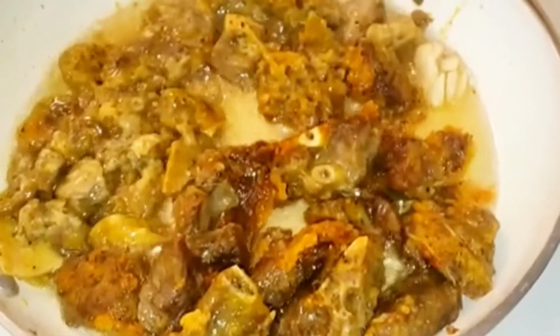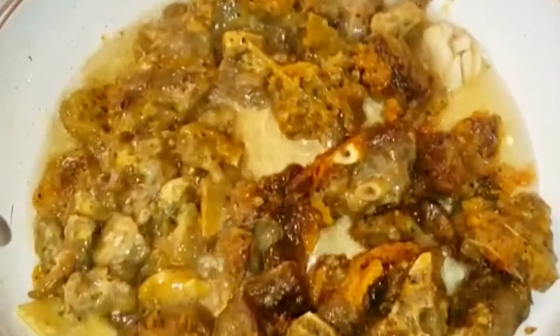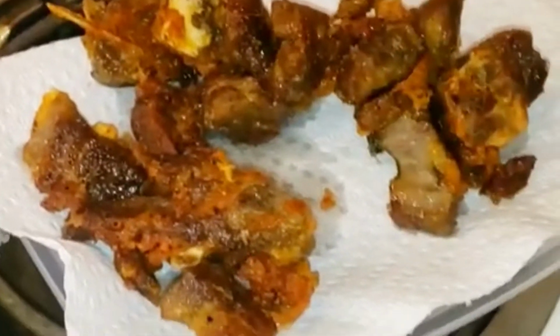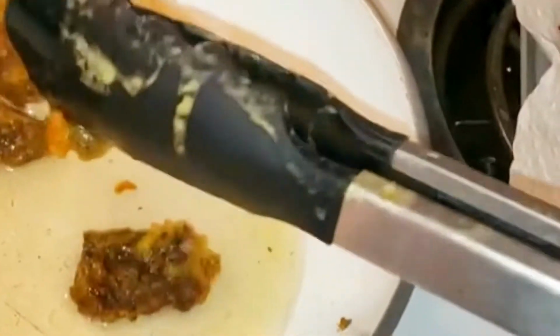Now let's get back to the pot. As you can see, the goat meat is frying nicely. It's all golden brown. You can smell the flavor of the garlic coming through while the goat is being fried. This certainly makes an interesting meal. So I have removed it from the frying pan, and of course I place it on paper towel to drain away the excess oil. Now guys, trust me, this is a borrowed recipe, but of course, you know, we Jamaicans love goat, and see there,